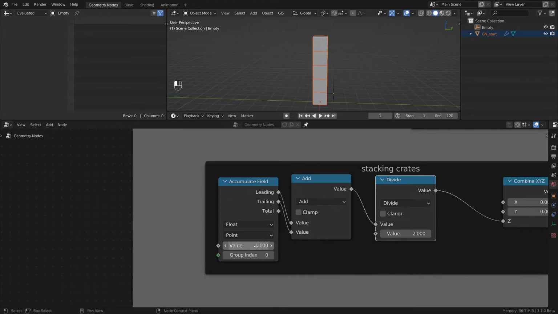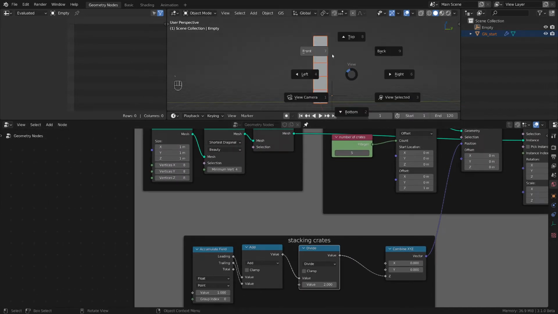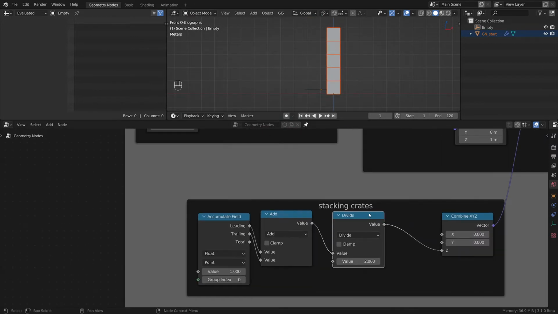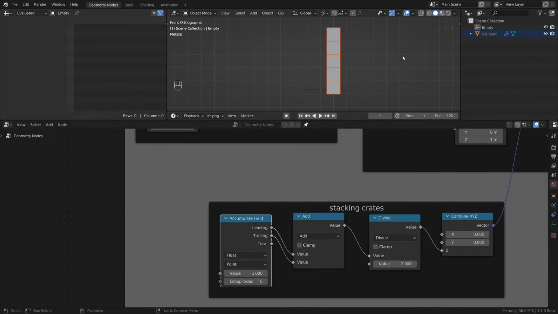For now, let's leave it at 1. This is the size of our box, 1. That's why they stuck perfectly on top of each other. But for now, we will leave it at 1, like I said, because I want to do the spacing part. That was the stacking, and I want to do the next part